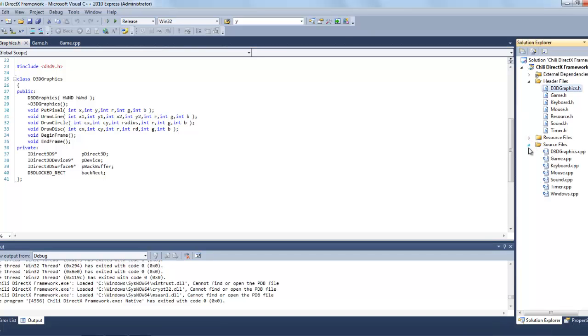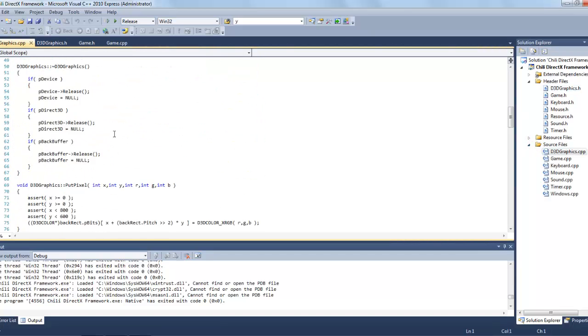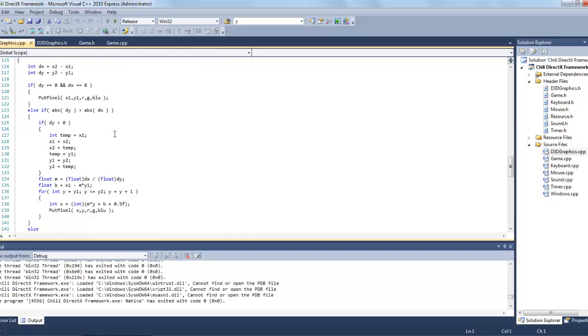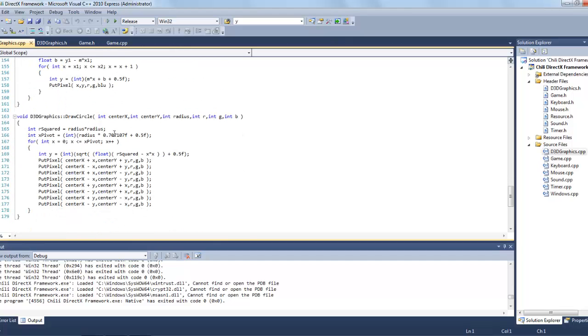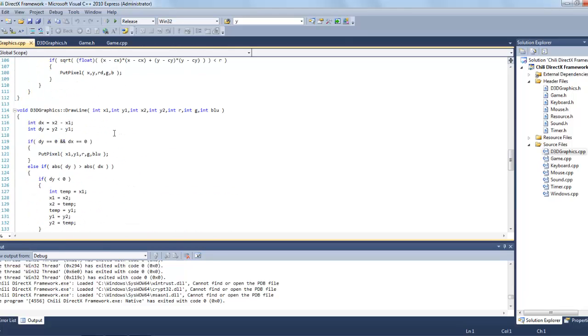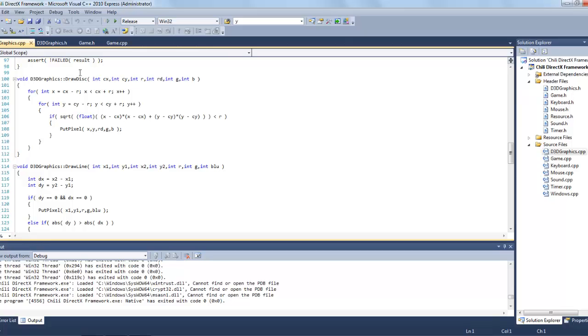Where is it? Source files, there it is. And if you go into, not the draw circle, if you're in the updated framework it's the draw disk, go to the draw disk, and you're going to see this function: if square root float x minus cx times x minus cx plus y minus cy times y minus cy is less than r, then put a pixel. We're going to be using that top line, that if statement. Don't use the put pixel thing in there, but